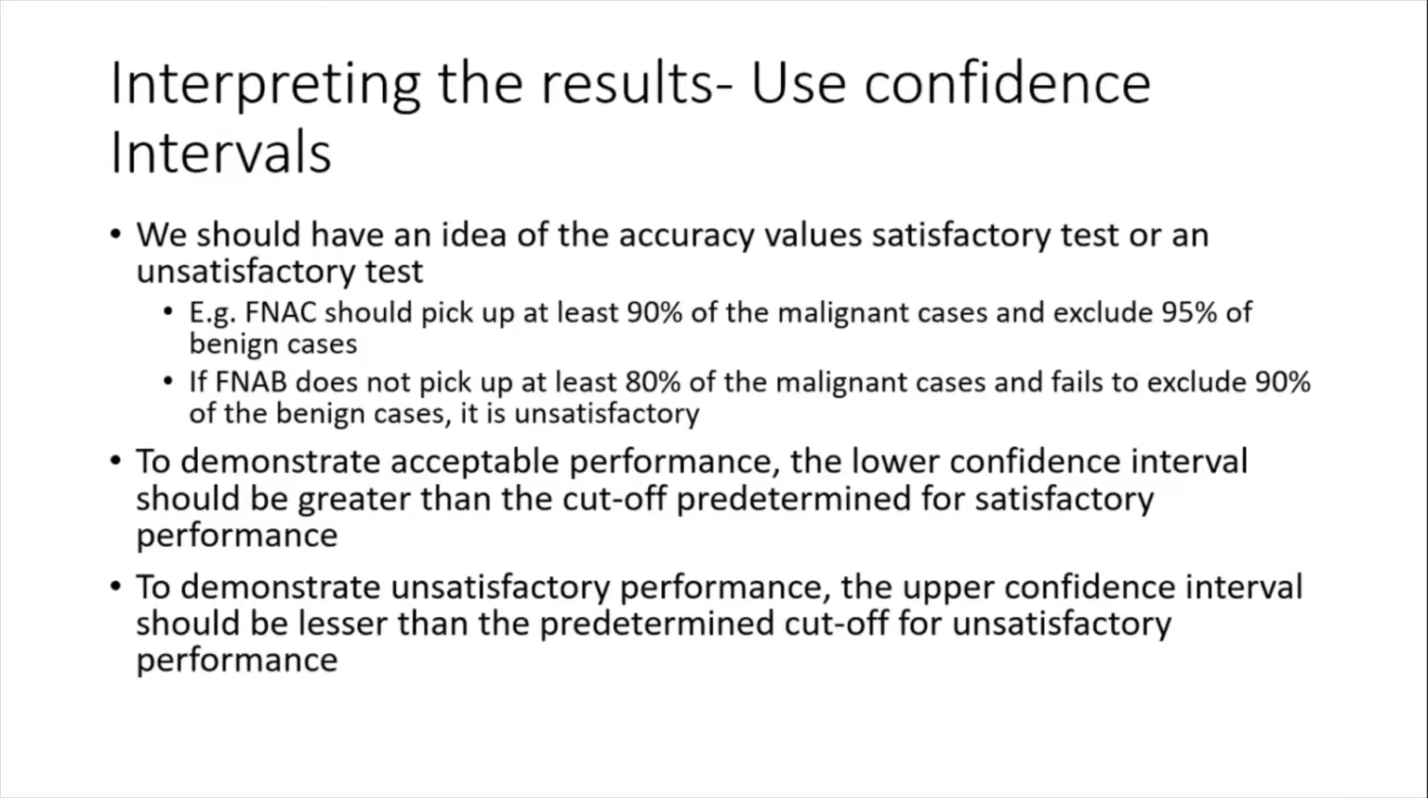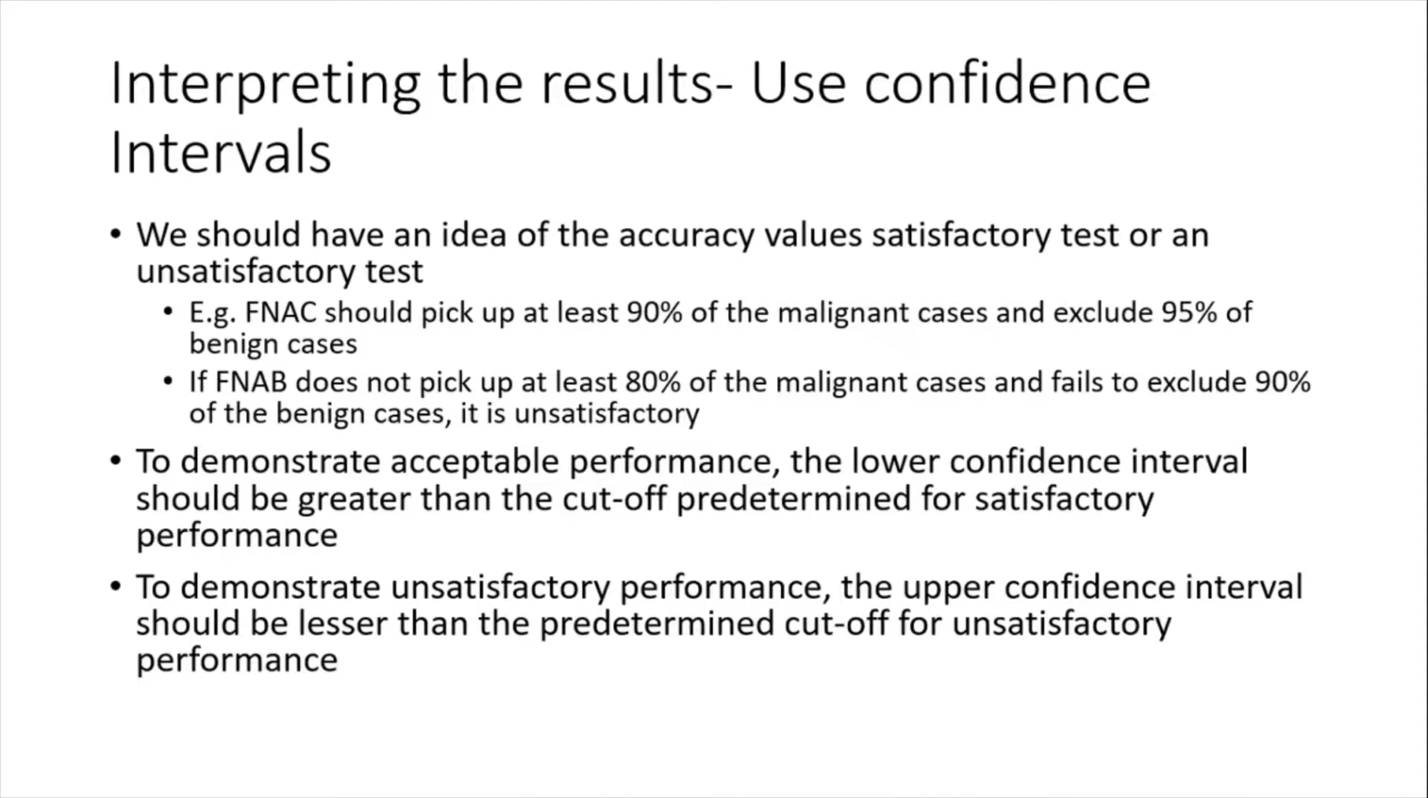Now, for interpreting the results, we use confidence intervals. I've already told you that. But before that, we should have an idea of the accuracy values for a satisfactory test or an unsatisfactory test. For example, for a satisfactory test, we may say that FNAC should pick up at least 90% of the malignant cases. That is, the sensitivity should be greater than 90% and exclude 95% of benign cases. That is, specificity should be greater than 95%. We should have that